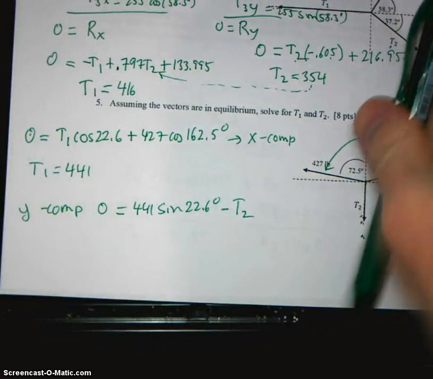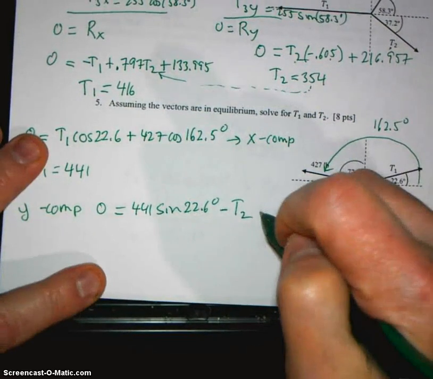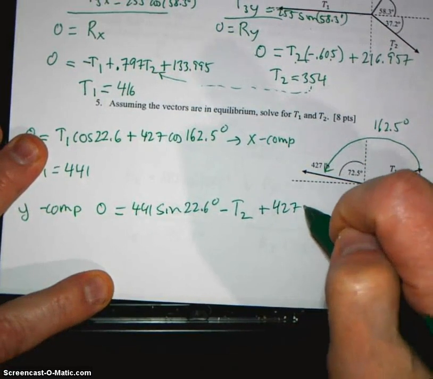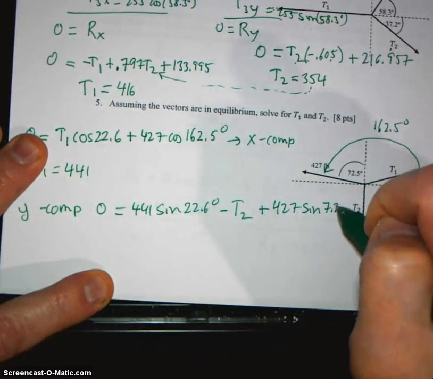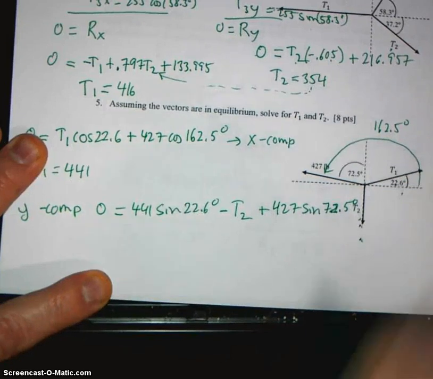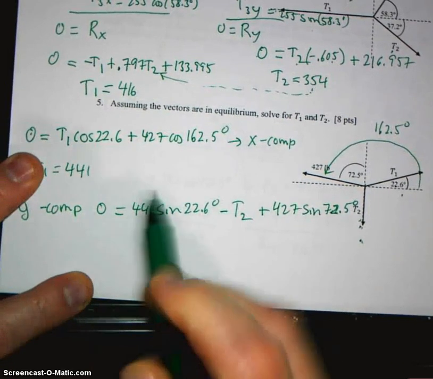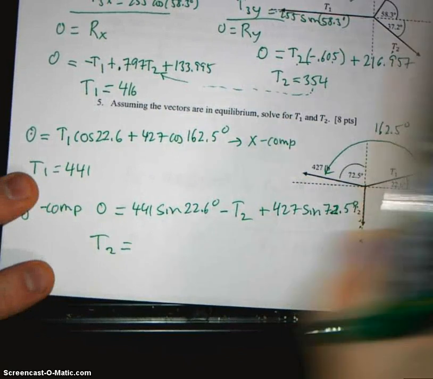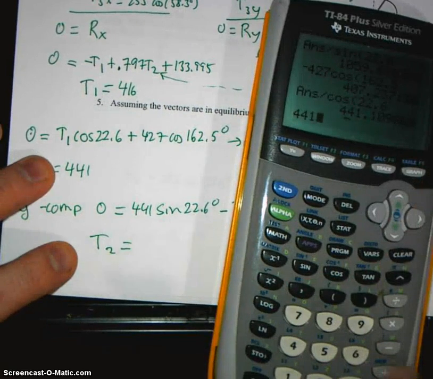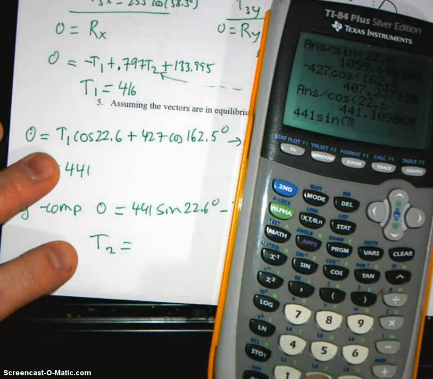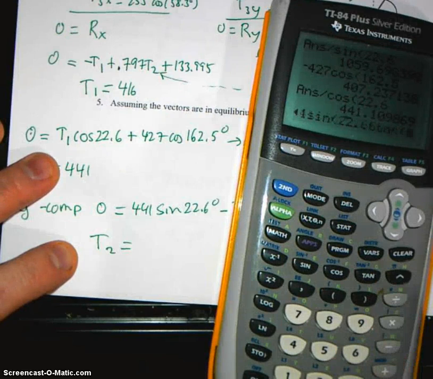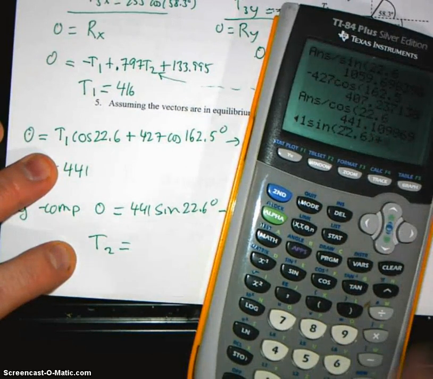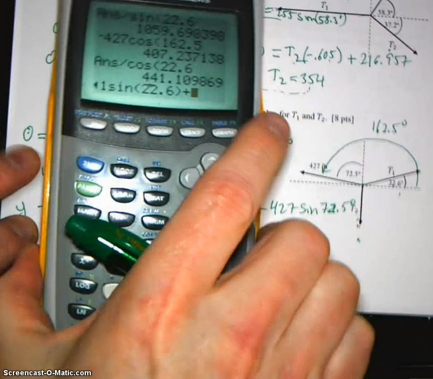So negative T2 is going that way, plus 427 sine 72.5 degrees. So if I just move the T2 over, I've got my answer. T2 is 441 sine 22.6 plus 427